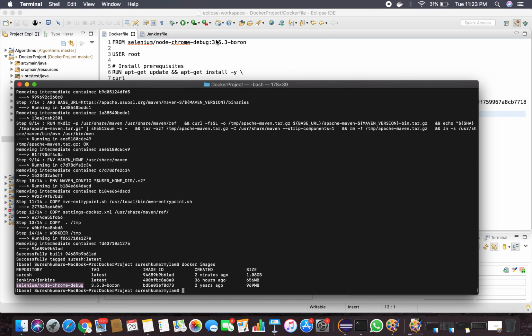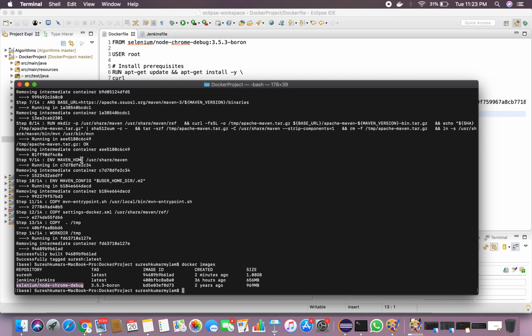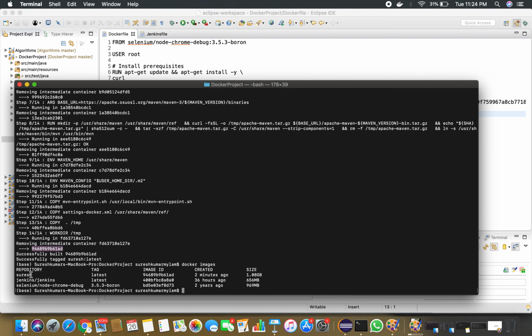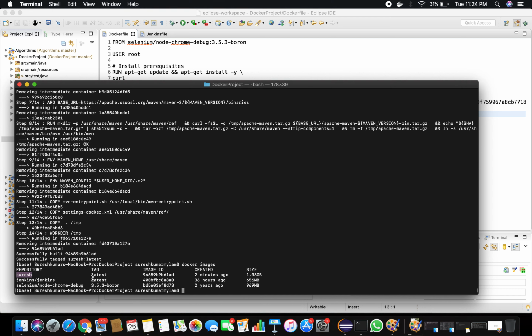See here, this is our image that was picked first. On top of that, in all these layers, each and every layer, you are creating a new image. At the end, this is our image with all the instructions executed. So I named that as Suresh. That's why you are seeing two images created. One is your base image. On top of that, you created your own customized image that is tagged as Suresh.